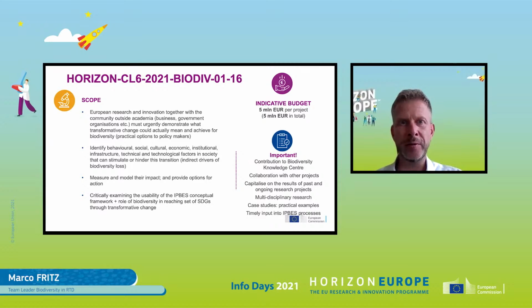But it identifies behavioral, social, cultural, economic, institutional, infrastructure, technical and technological factors in society that can stimulate or can hinder the transition. It focuses on indirect drivers of biodiversity loss, but it measures and models their impact and provides options for action. And finally, that the project